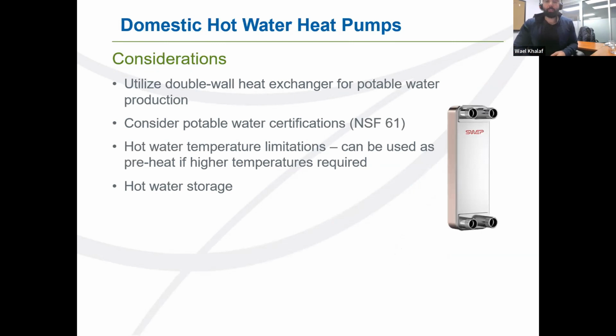So I've touched on this just a bit earlier, but there are a few things to consider whenever we're going to look at domestic hot water production. Most importantly, we need to use a double wall heat exchanger instead of a single wall. And you're going to want to ensure that the heat pumps you're going to use are certified for use with domestic water. So we're looking at an NSF 61 certification. That's really important for you to consider whenever you're looking at these machines. And then the last thing